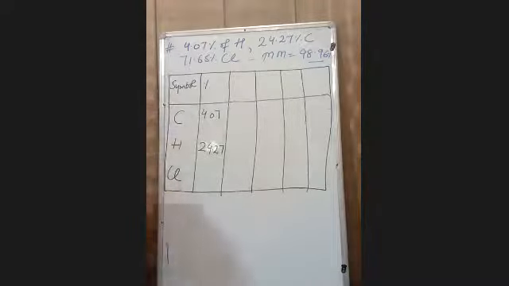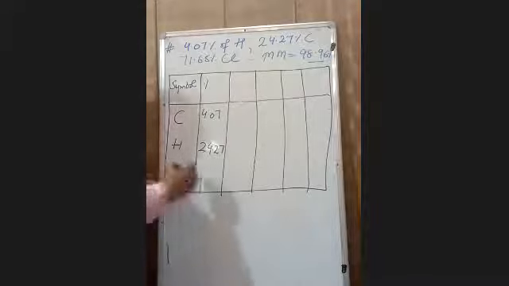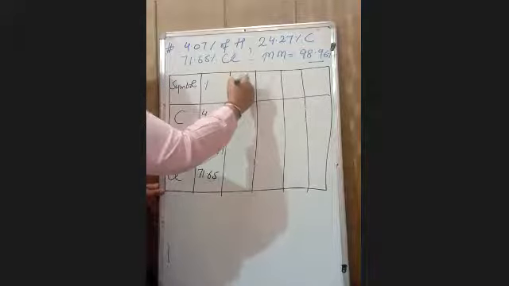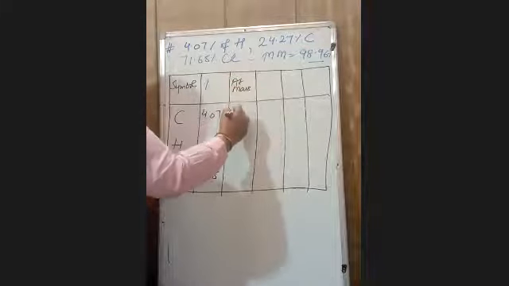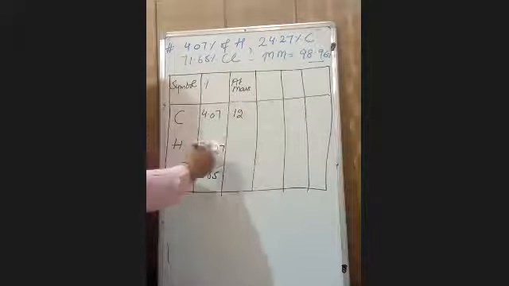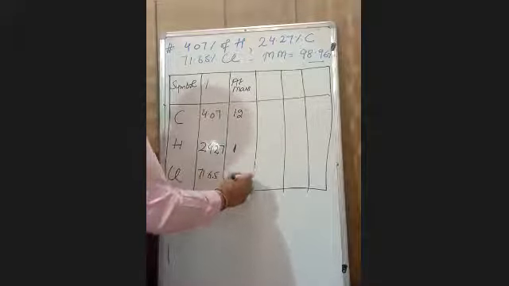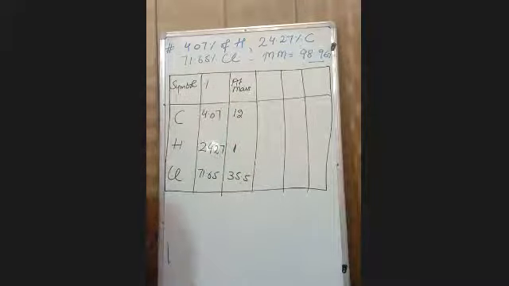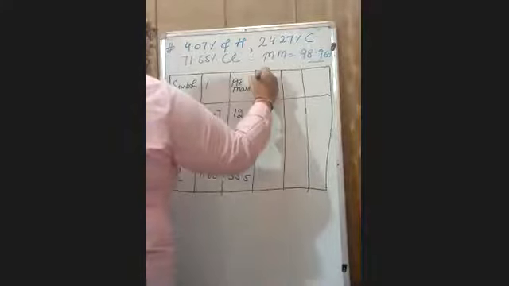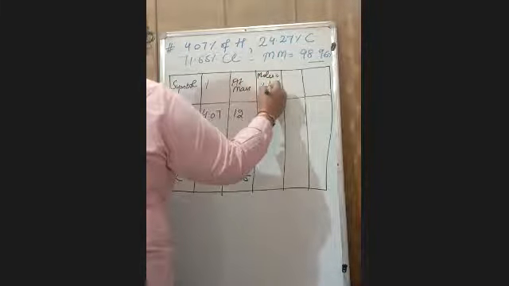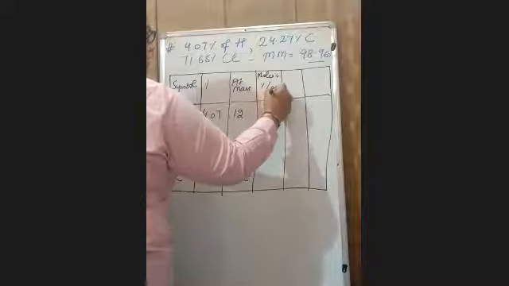After that, it will be completely clear to you. What is the percentage of chlorine? It will be 71.65 gram. Now, what is the atomic mass of carbon? It is 12 gram. What is the atomic mass of hydrogen? It is 1. For chlorine, it is 35.5. Now, calculate their moles. How will you calculate? Moles is percentage over atomic mass.